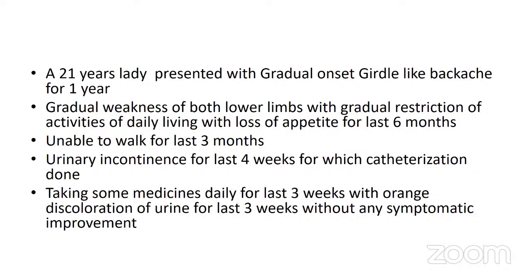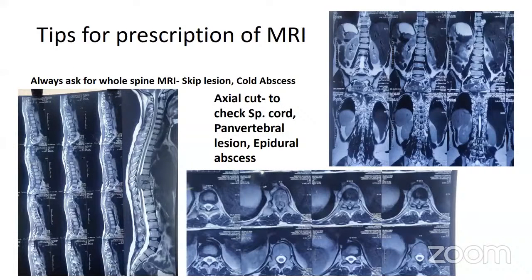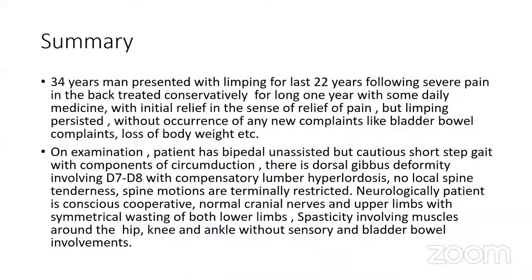This is a 34-year-old man presented with limping for the last 22 years, following severe pain in the back, treated conservatively for 1 year with some daily medicine, with initial relief of pain, but limping persisted without any complaints like bladder complaints or loss of body weight. On examination, the patient has a bipedal unassisted but cautious short step gait with components of circumduction. There is a dorsal gibbous deformity involving D7-D8 with compensatory lumbar hyperlordosis,